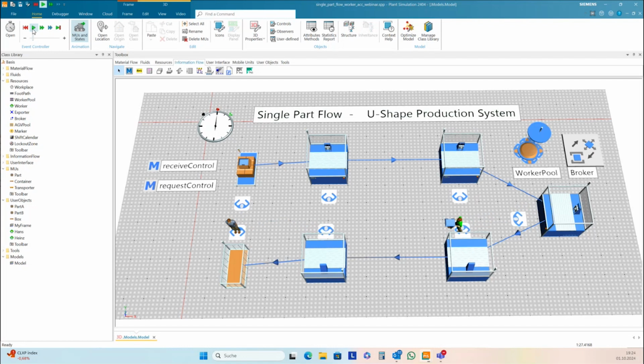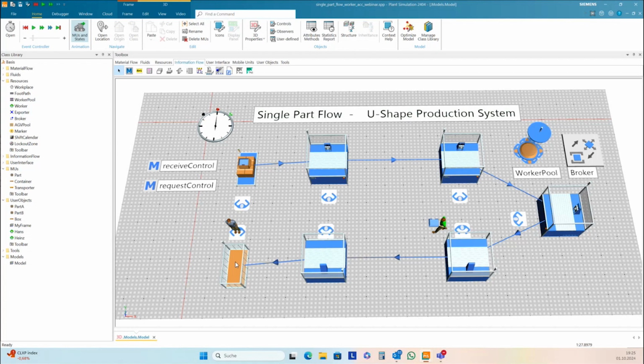And here we need one more step. We need to switch on the automatic mediation again, so that the broker can use Hans again to start the next part. And so we need a control after the end of his job, after the end of his service. And in this case, the release control will be called.